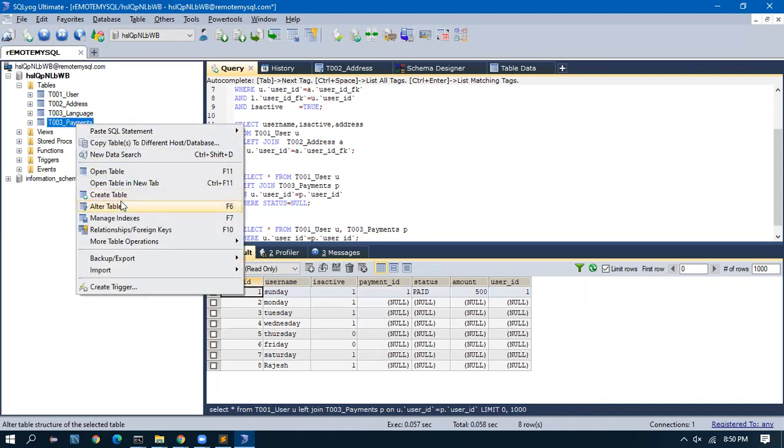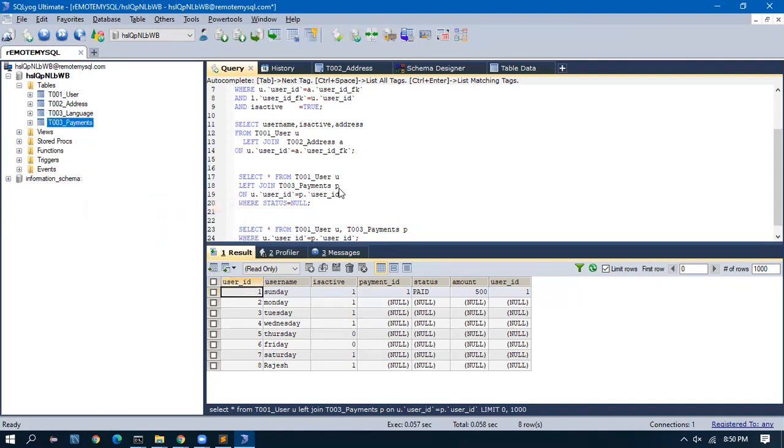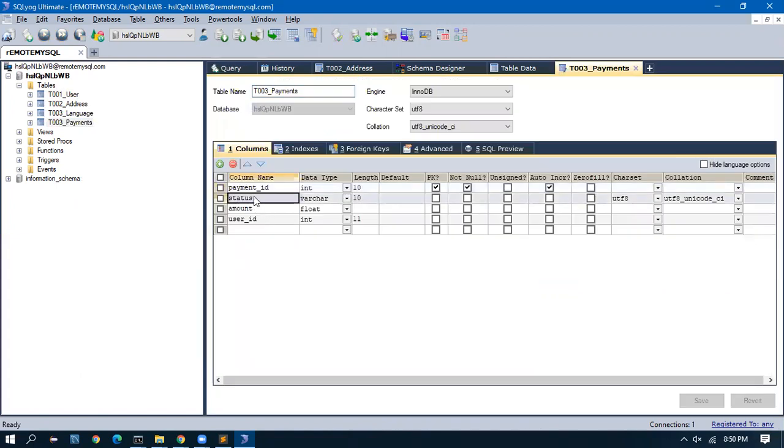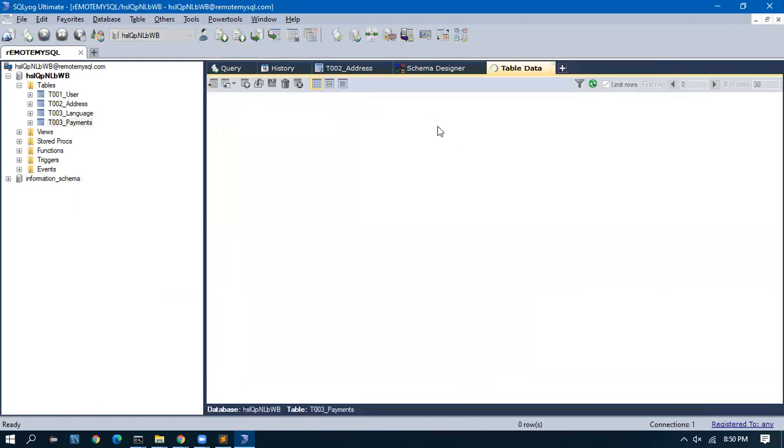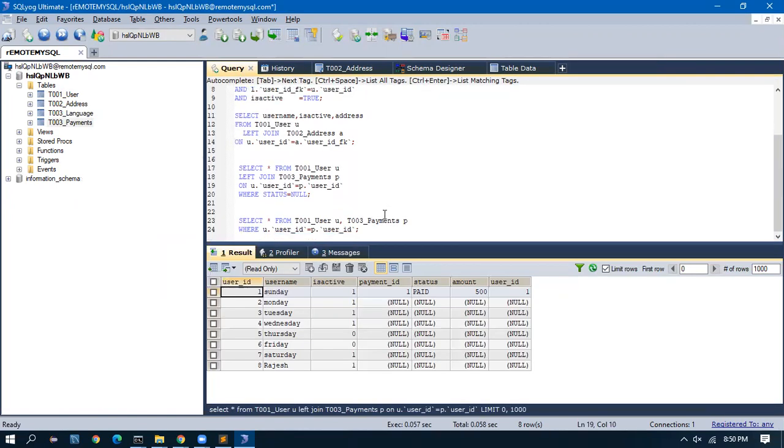I'll change this column name, alter table. Status is again a keyword. Payment status. Okay, so let me just do one thing.